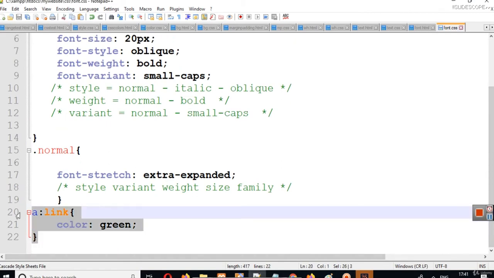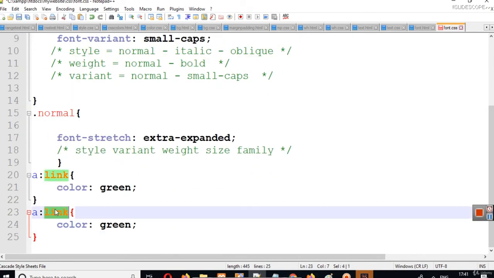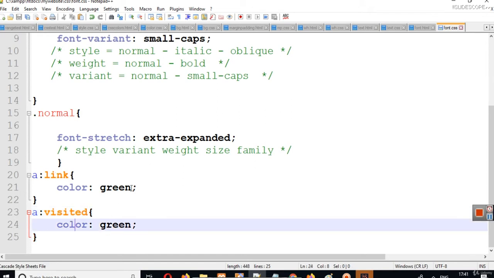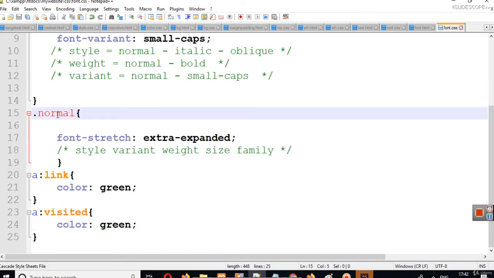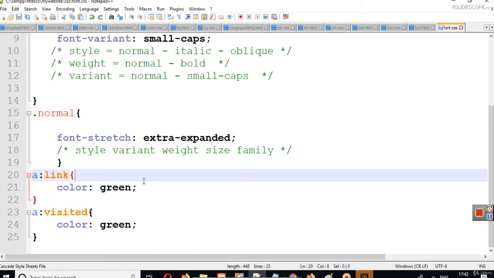Now if we want to change the default color for a:visited, you can write a:visited, and CSS will make the state orange in color. So a:visited, in the case of Notepad++. In other text editors, it will be denoted with some other color. So classes are denoted with red color, tag names are denoted with blue color, and hashtags are denoted with light blue color.